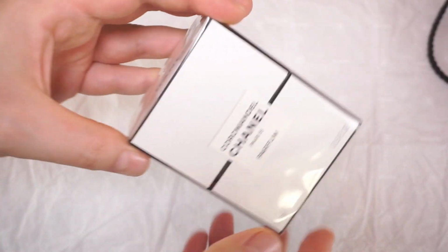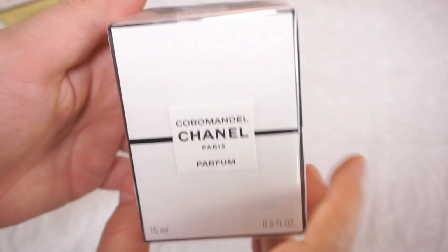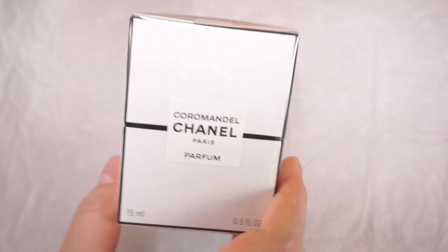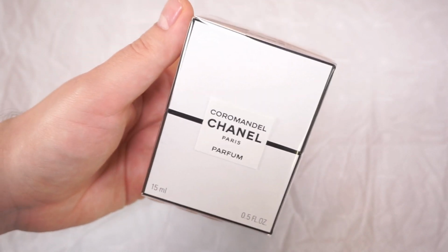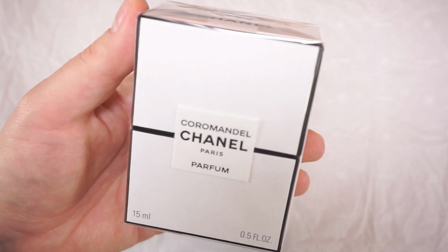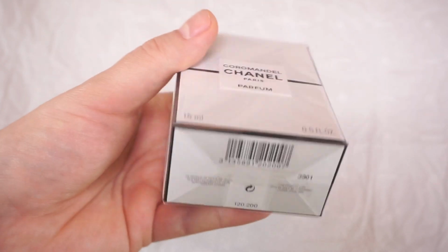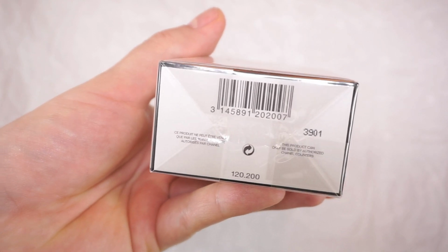But what we have here is the actual piece. There it is. Put away everything else. Coromandel. The Pure Perfume, 15 milliliter. Splash bottle. Batch number